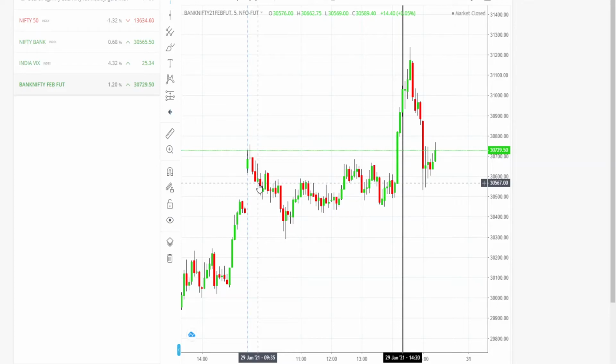So what happened to the market? I know that the market will reverse, because I made this indicator. From here it reversed, and the ultimate target at least will be this much, that means 584 to 750, that is 100 and 200. The market will reverse, but from where it will reverse I too don't know. So I try to keep a stop loss, because I know the market will take the stop loss up to here, and I kept my stop loss, held my trade, then exited at cost to cost.